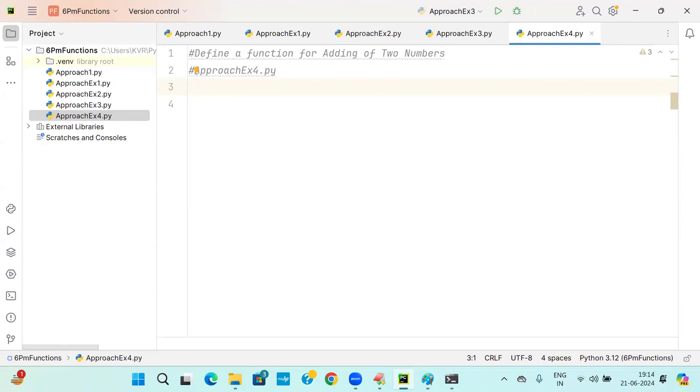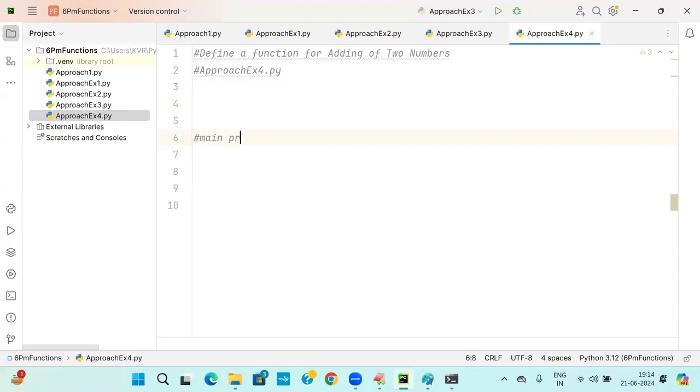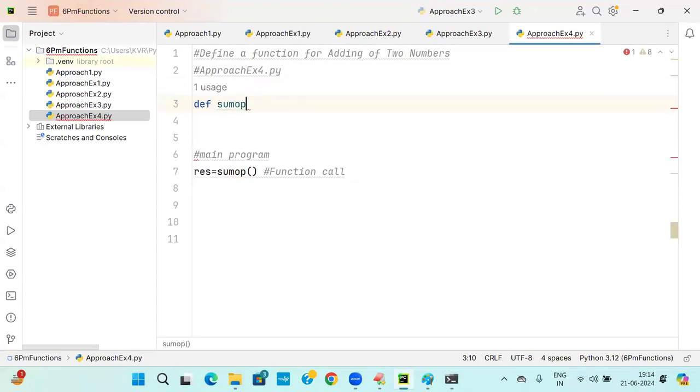So, Shahid, my dear student, come. No problem. Now I'll define. What is my concept here? Main program. Tell me, students, what is this now? Sum OP. Not taking from the function call, but it receives the result or not? Yes, it receives the result. Function call. Come on, define sum OP of